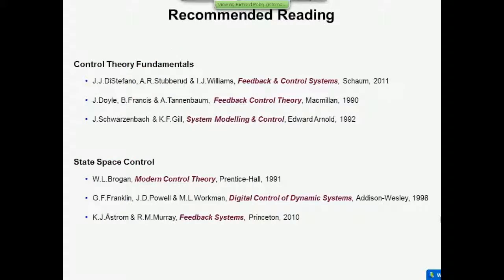These are the books that I recommended for yesterday's seminar. I'll take you briefly through 3 books that I think might be helpful for state-space control. The first one, and I think the best book that's been written so far on state-space control, is called Modern Control Theory. It was written in 1991 by William Brogan. And I think it's a compendium of everything that you will ever need to know about state-space control in the world.